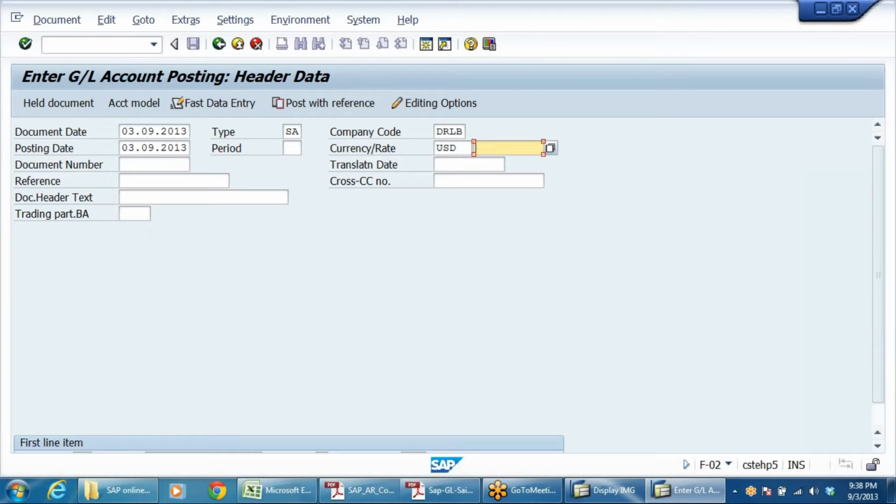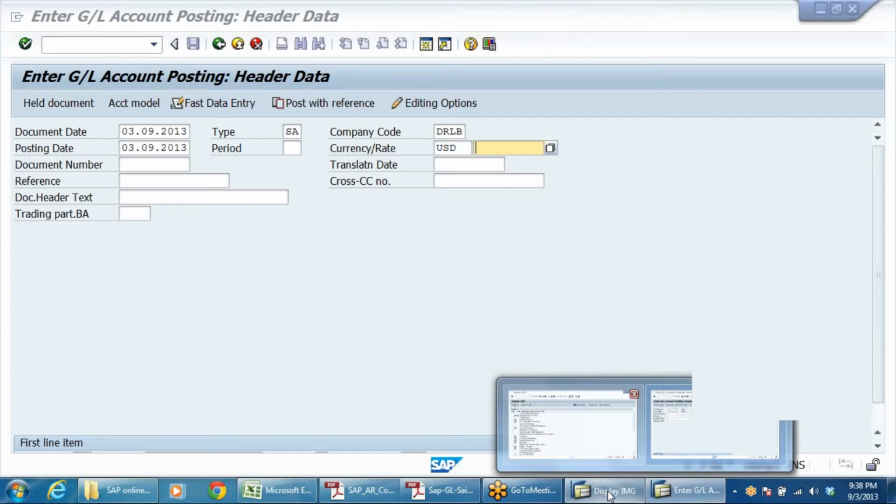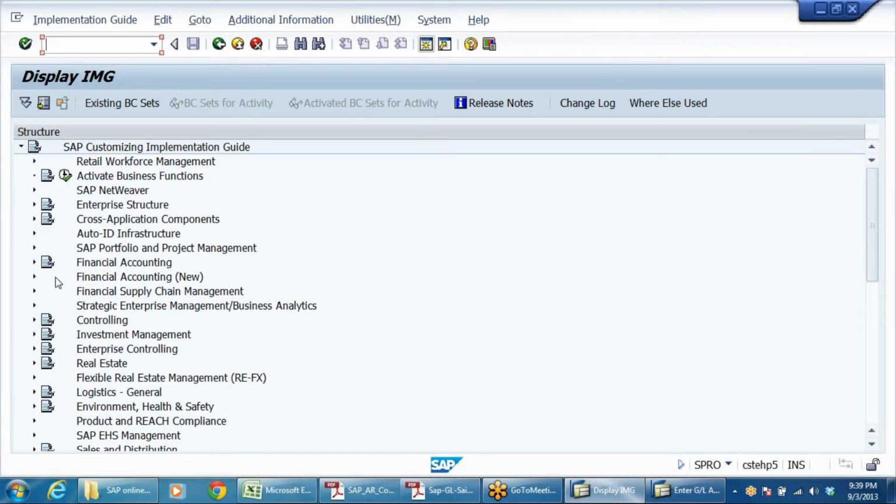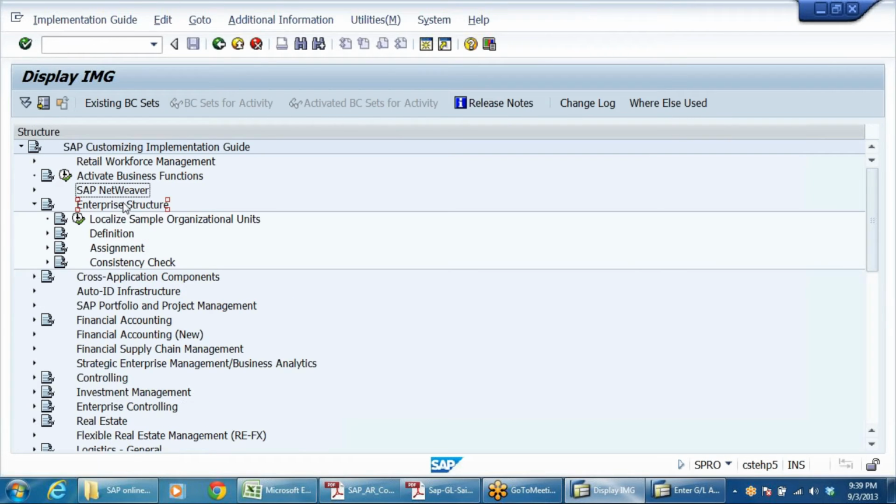Here there are two things. Now let me update the rate in foreign exchange rate tables. So first I can update the foreign exchange. Right, go here. So when I'm posting, my company code currency is INR and I'm posting in US dollar. So in such case, I need to tell the system what is the exchange rate.